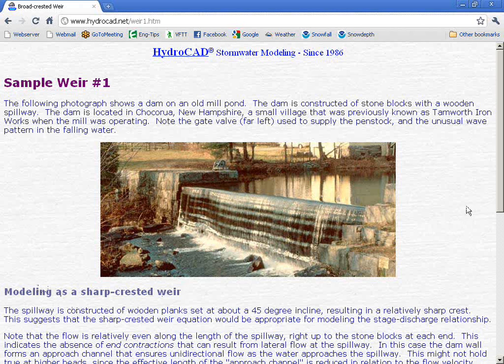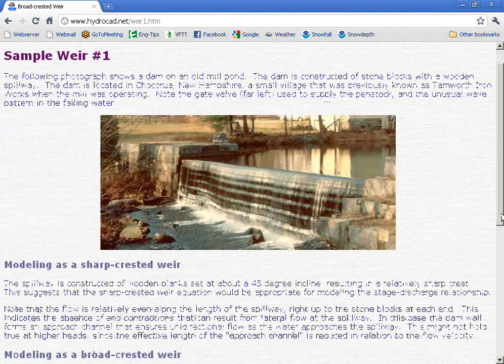And depending on the shape of the weir, that coefficient variation may be significant. In other cases, however, it may not vary greatly. But the underlying weir equation is essentially the same in the two cases. So if you are considering using a broad crested weir, then one of the things you want to look at